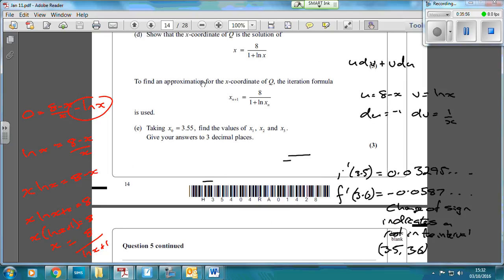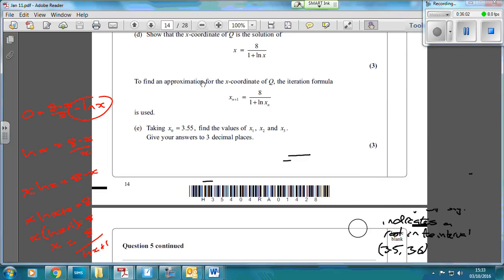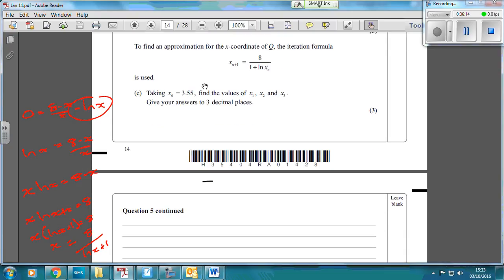So they've asked us to do this part up here, so x equals this, which we've just done on the left-hand side there. And then they've put it as an iteration formula, x n plus 1 equals 8 over 1 plus log x n. So therefore it's an iteration formula where you put the answer in, turn the handle, and then you should get the next one. So x0